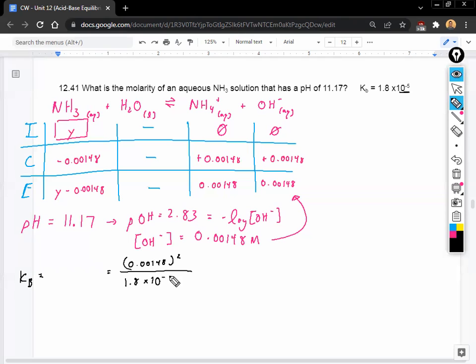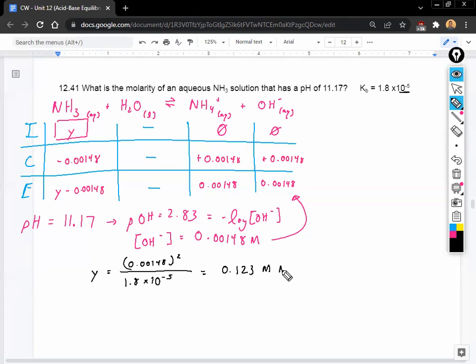Times 10 to the negative 5. And that's what Y is going to be equal to. Okay, and then from there, you just need to solve for Y. So this is a math calculation you will actually be doing. Okay, so you'll get a value of